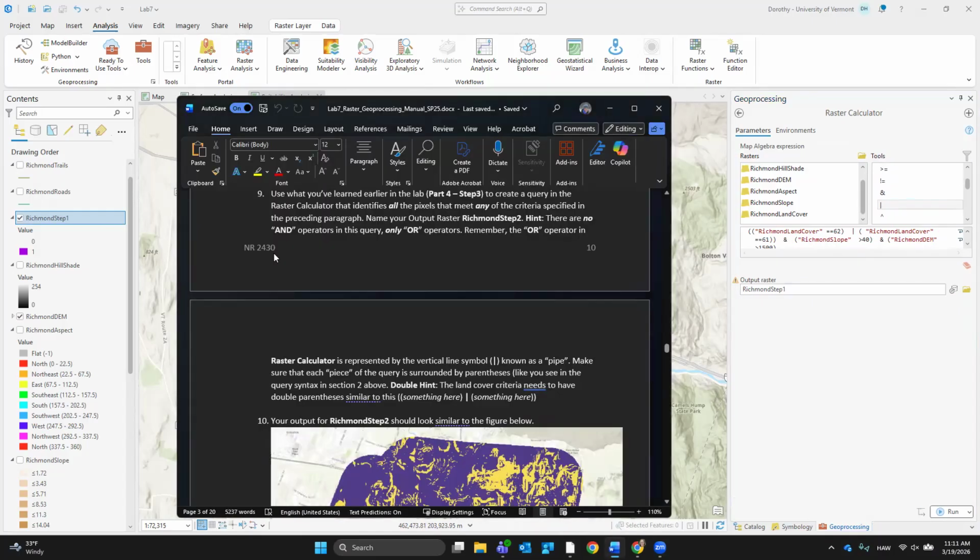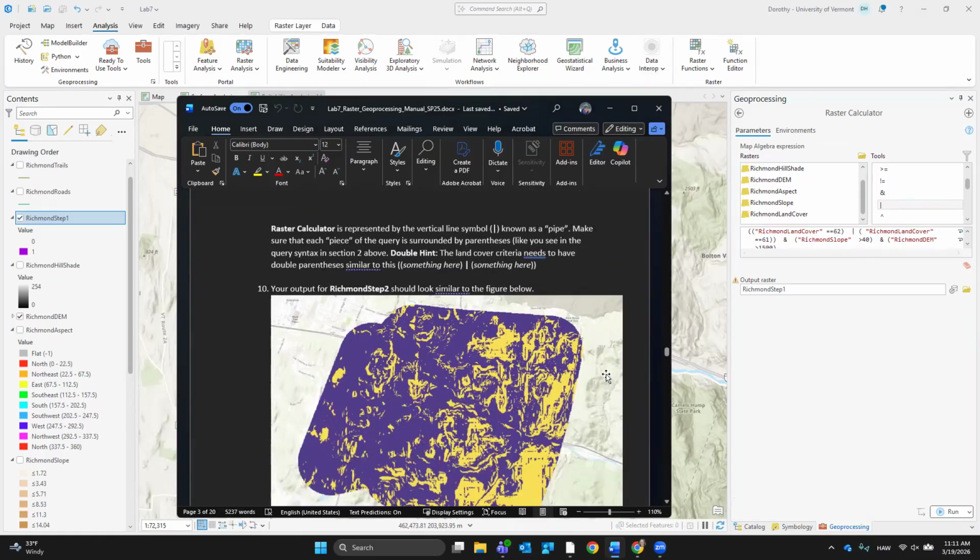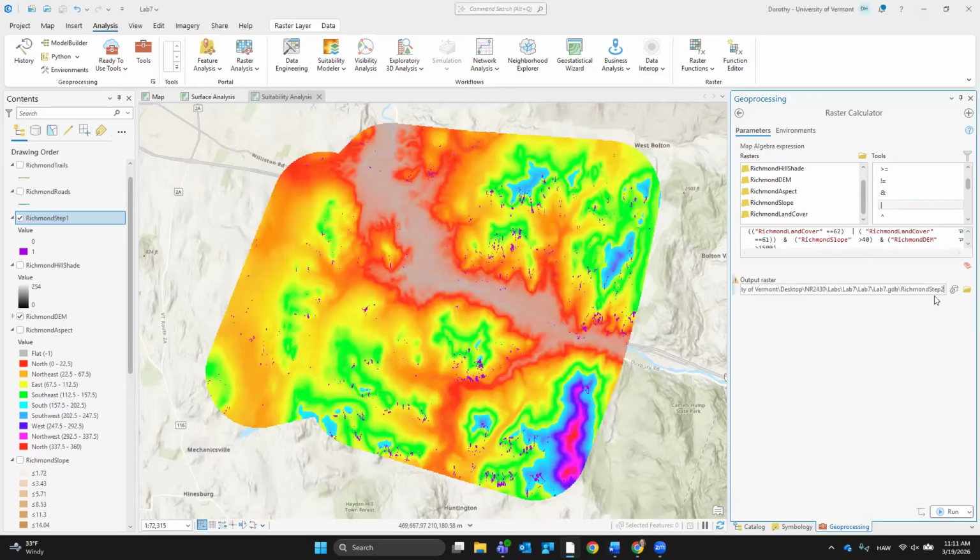Any other tricks and stuff written in here? Make sure the query is surrounded by parentheses like you see in the query syntax in number 2 above. Double hint, the land criteria needs to have double parentheses. Yeah, okay, we did that. It's just helping, right? All right, so go back here. It's step 2. Yep, double parentheses around my stuff and run.